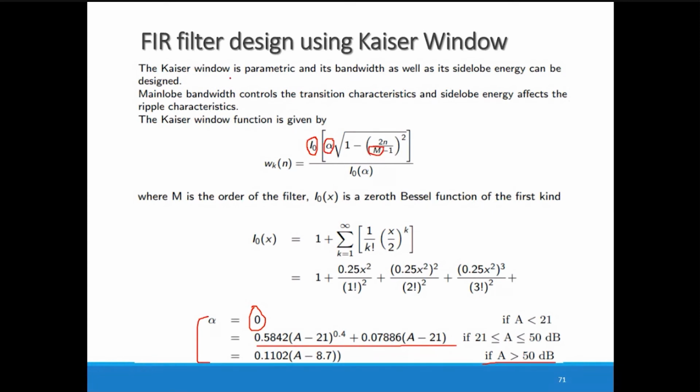I0 represents the zeroth order Bessel function, m is nothing but the length of the filter, you can say, and another is the alpha, how we will achieve the alpha. Now we discuss the steps for the solution of Kaiser window, or you can say if you were to design any filter using Kaiser window, what are the steps? Please note down these steps.